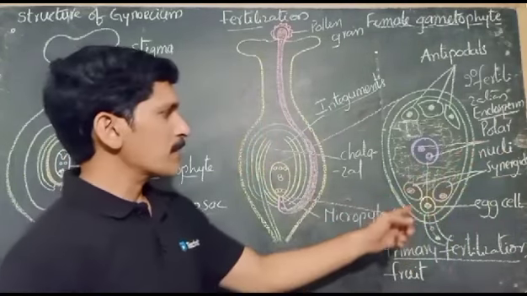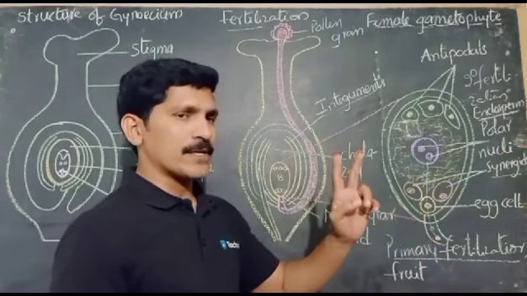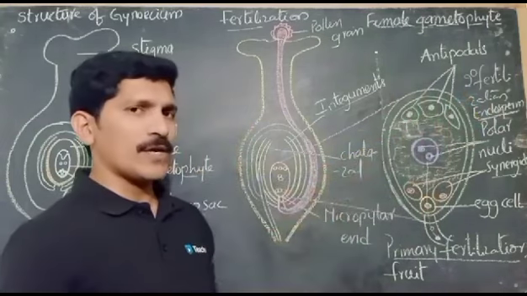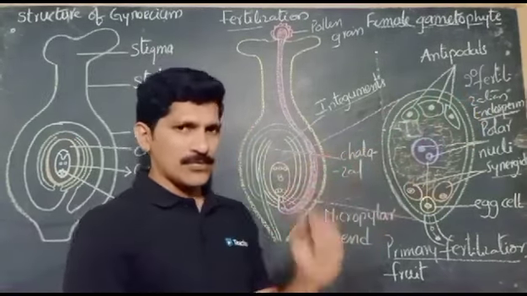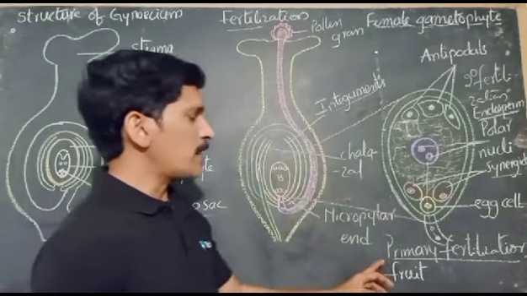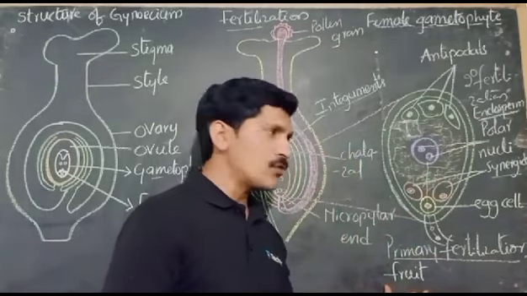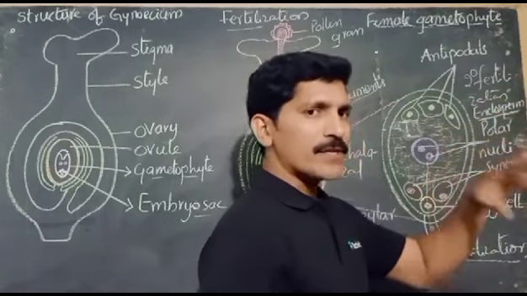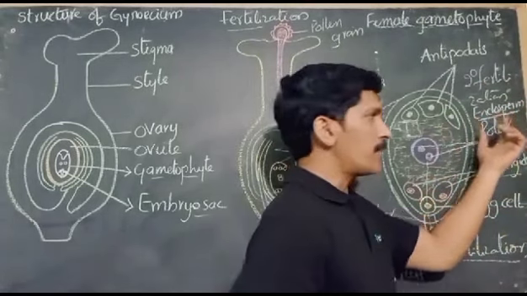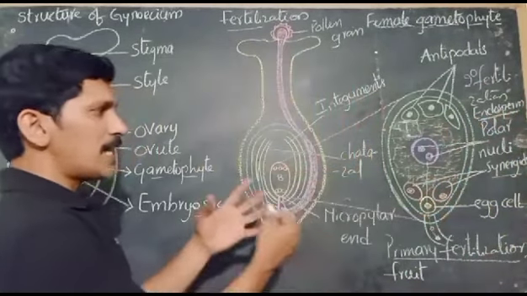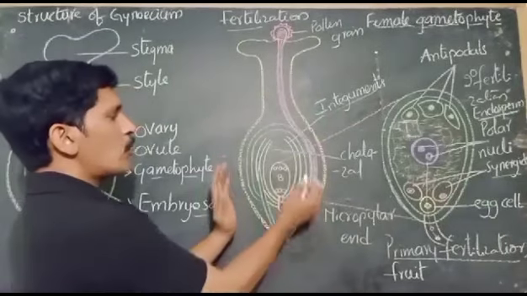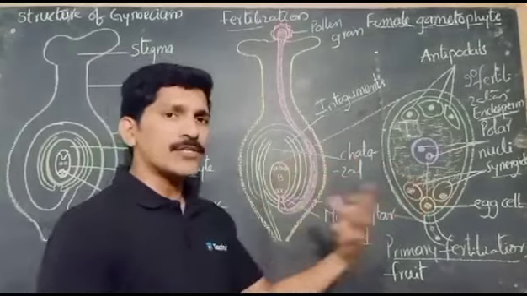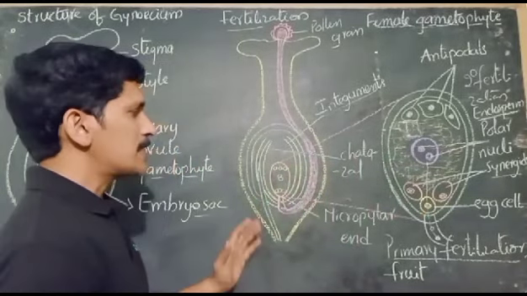You see that one nucleus fuses with the egg cell and another nucleus with the polar nuclei. When you observe the fertilization process, it occurs 2 times: primary fertilization and secondary fertilization. Both of them together are called double fertilization. Primary fertilization results in the formation of a fruit, and secondary fertilization results in the formation of a special kind of tissue called endosperm. Right? And after these 2 fertilizations, the ovary is converted into fruit, whereas ovules are converted into seeds. Right? And seeds are further